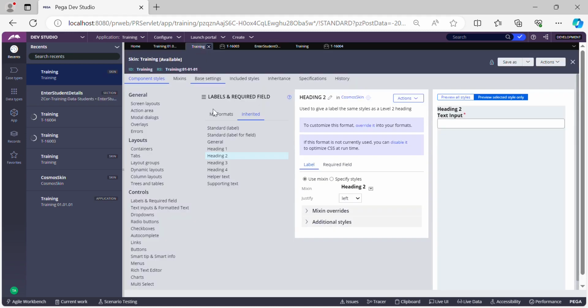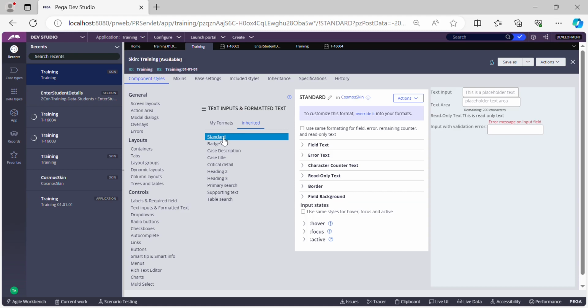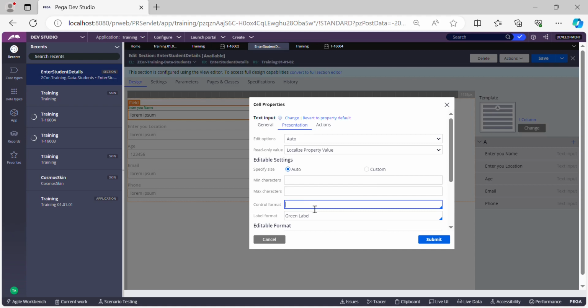If you again go back to the skin rule, and if you see under the control section, you see text inputs. If you go to the inherited tab in a similar fashion, this is the current control which is being used. Now in the text input, if you want, you can update or create a new format for the control also. For now, let me just use an existing one and show you how the change is. This time we are going to use a heading 2 format for our text input and see how it changes the look and feel. So let's try to change this. Let's use heading 2, submit,